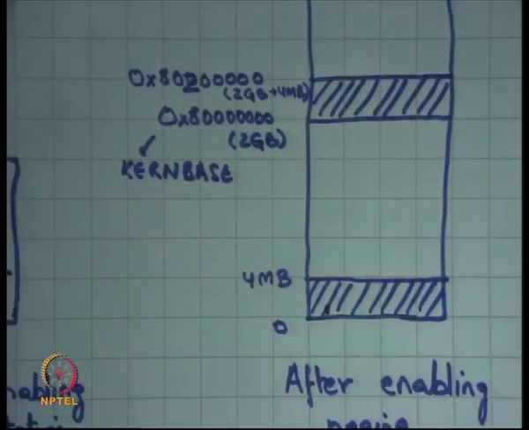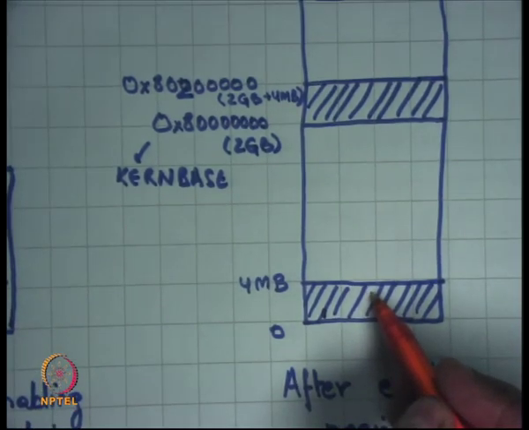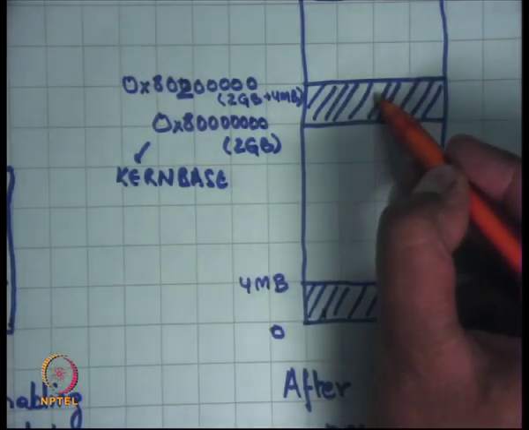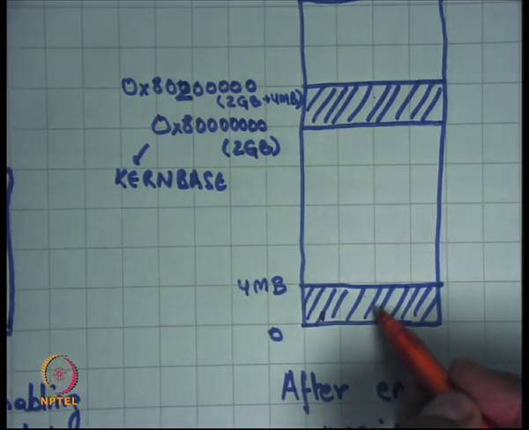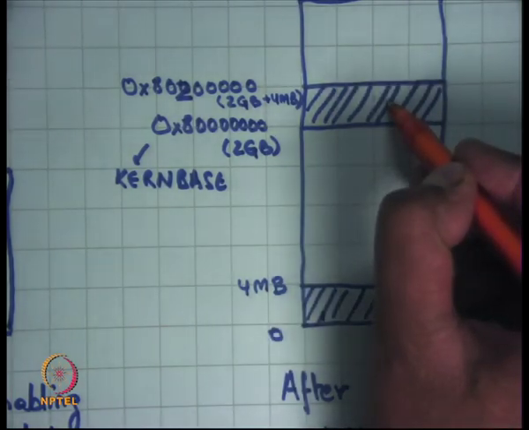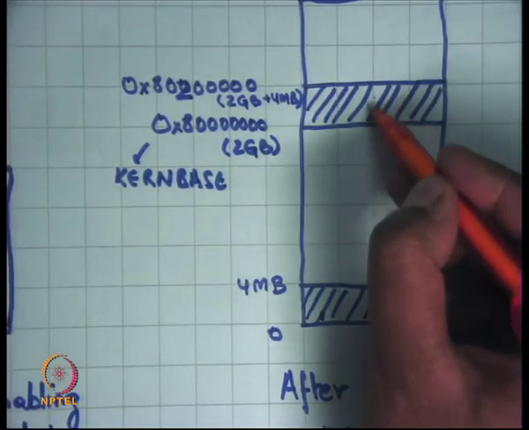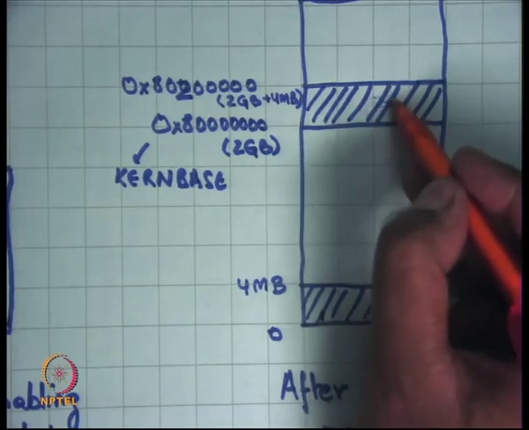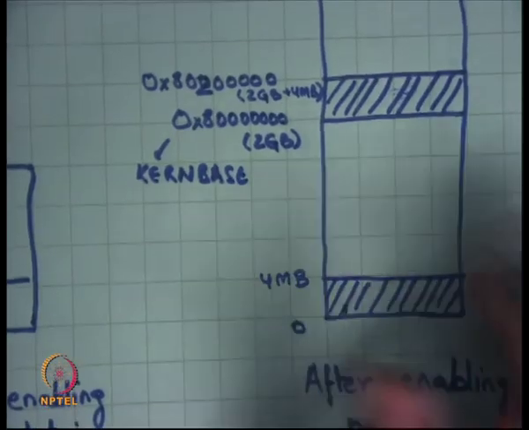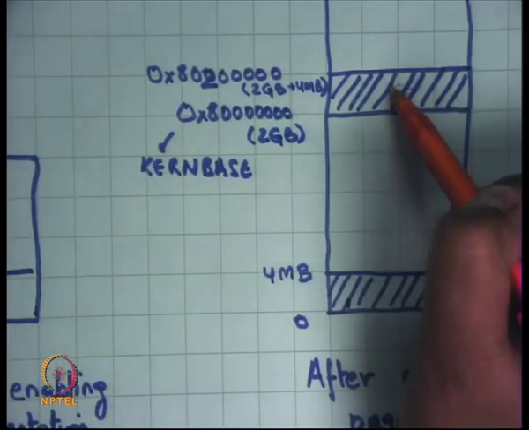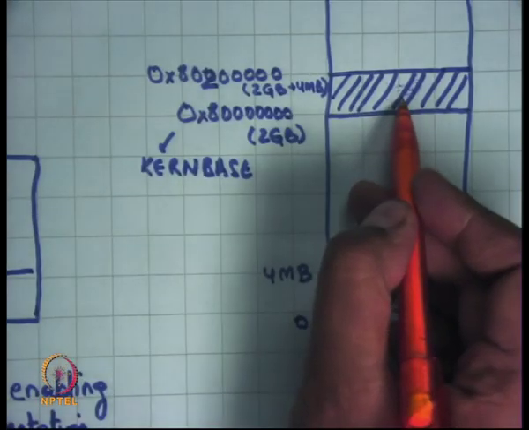So far my EIP and ESP were pointing somewhere here. I reloaded ESP to point here and it's standing on solid ground, and then I jump to main and once again EIP now points here. So now both my ESP and EIP point here, and from now on I'll basically be executing in this space completely, because I've forgotten about all my addresses here. Anything I dereference from the kernel will have addresses in this space. So from now on I just execute in this space, right?